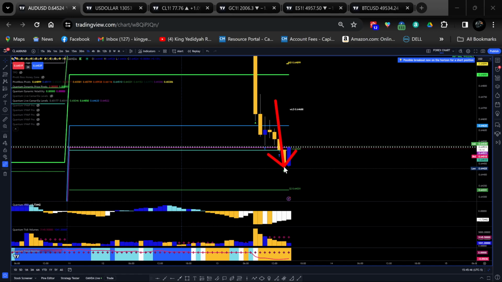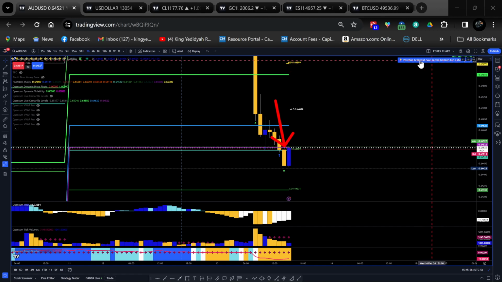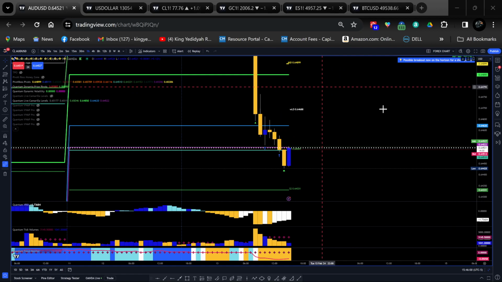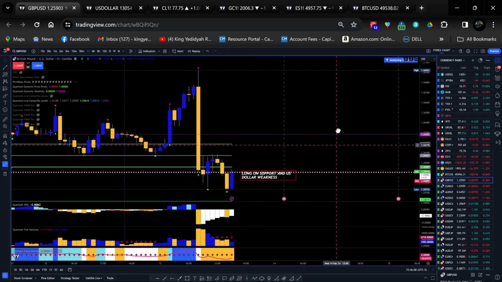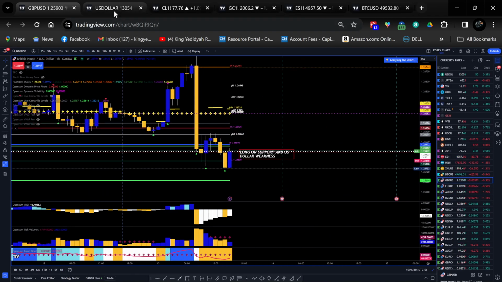Now we're getting an engulfing kind of reversal pattern at floor pivot S1. So right now my next play, I'm looking for, let's see here. Right, so what I'm looking at now